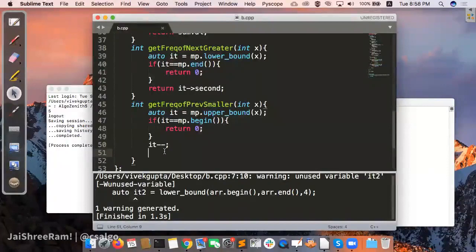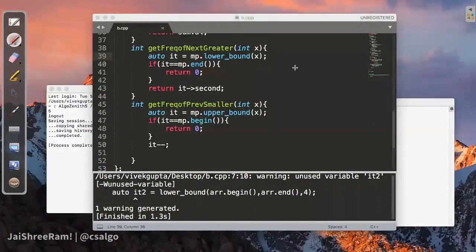So if x is already present, we want the frequency of x. So I think by that logic, it's correct, right? So greater than equal to x. Why? In the previous function, you are using lower bound, right? Lower bound gives you the pair. Let's suppose it's 2 comma 3, and we want to use 2 itself, so it will point to this element, so we will return the value of 3. So we want to use the next greater, it's not like the next element.